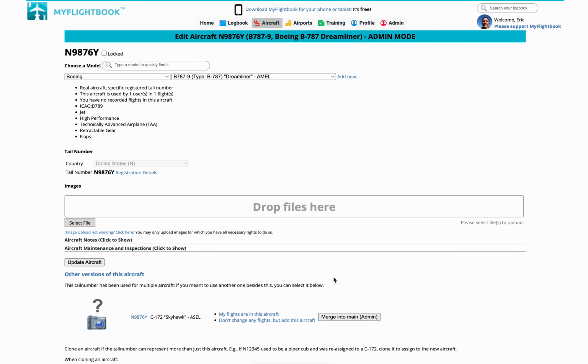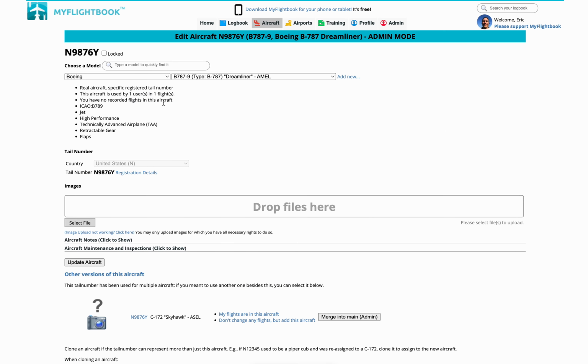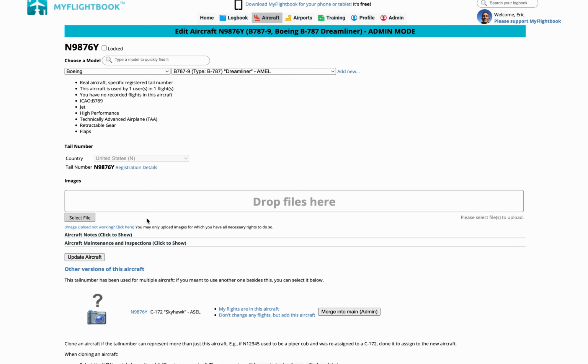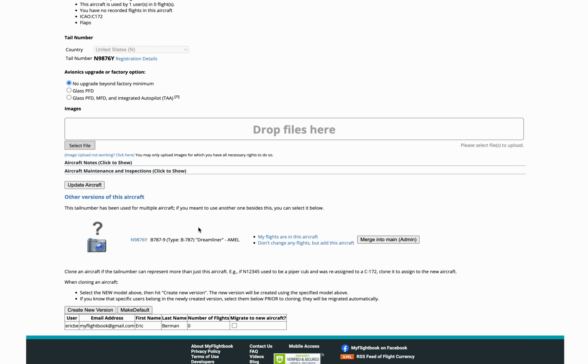I can merge them. I can deal with that in the way that I think is appropriate. I can also make one of them the default. So for example, perhaps this used to be a 172 years and years ago, and now it's assigned to a Dreamliner. And so make default is appropriate for the Dreamliner. But if I click on the 172 and I decide that that one should be the default, then I can